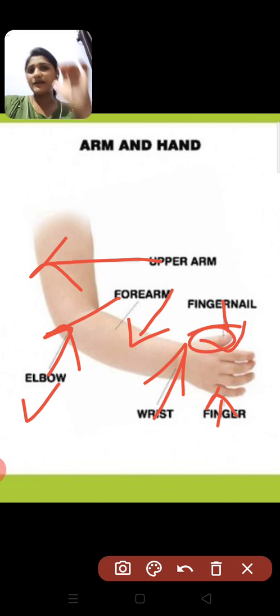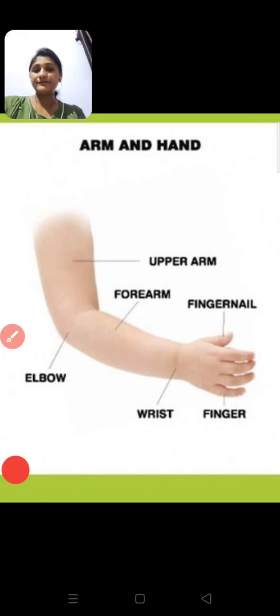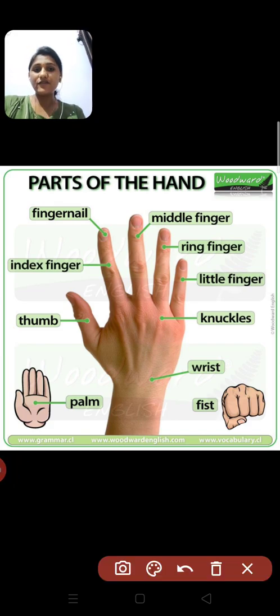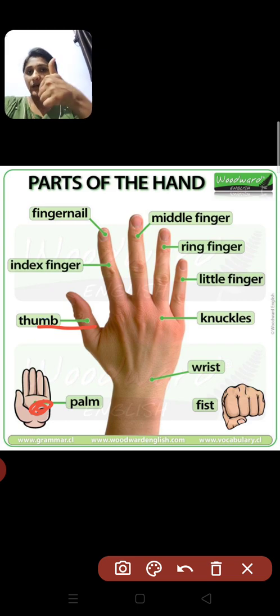Okay, many more parts are there like palm, and let us see what each and every finger has its name. What are they called? See, this is hand. Only starting from the wrist to tip of your finger. Now see what are the names of the fingers. This is your palm. Then this is your thumb. Then first finger is called index finger. Second one is called middle finger. The third is ring finger, and the fourth is little finger.